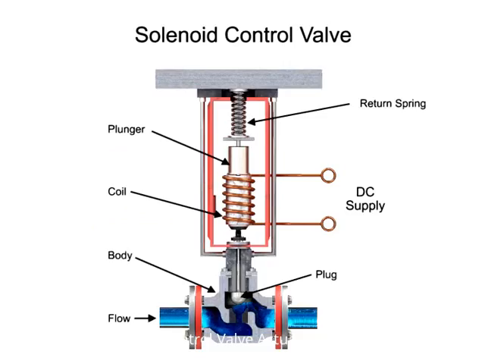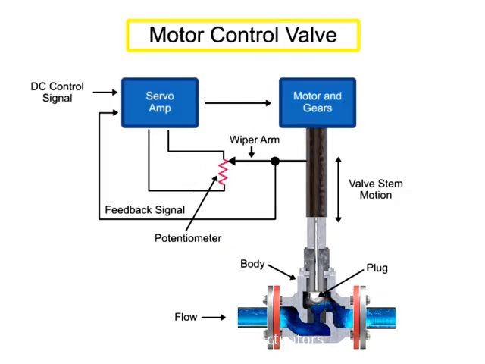For on-off control of the valve, a solenoid is used to actuate the valve to a fully closed or fully open position. Applying current to the coil generates a magnetic field that moves the plunger downward against the return spring. With zero current applied to the coil, the spring pulls the plunger upwards to the fully open position for a normally open-state control valve. Another method for variable valve positioning uses a motor and is referred to as proportional control